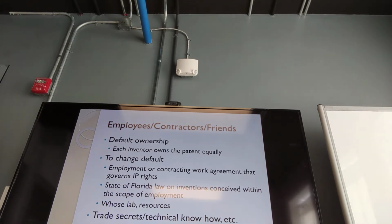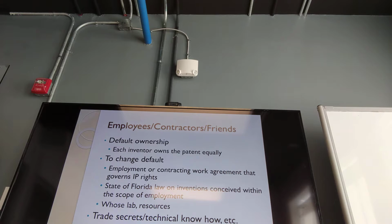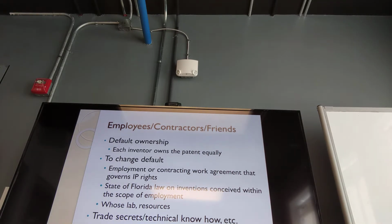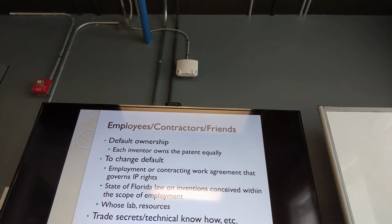So, employees, contractors, friends. All right, so you're a startup, you've got all sorts of people working for you. The problem with that is it can jeopardize ownership of your technology. So you bring in a friend of yours who works for a local software company. He's like, hey man, I'll help you out. It's right in my forte. I'll do it at night, or I'll do it at lunch hour at the office. This can be a problem,